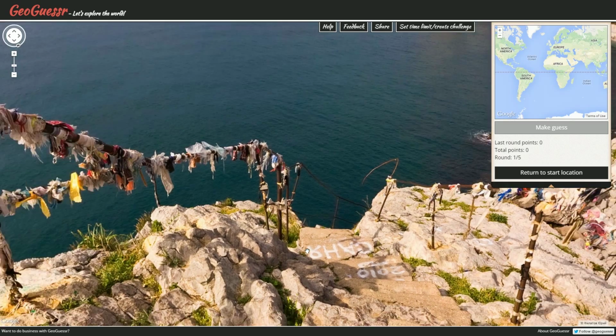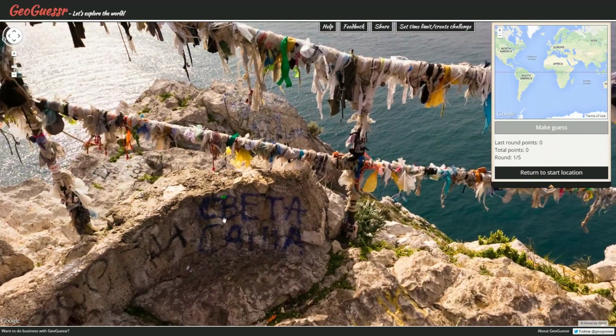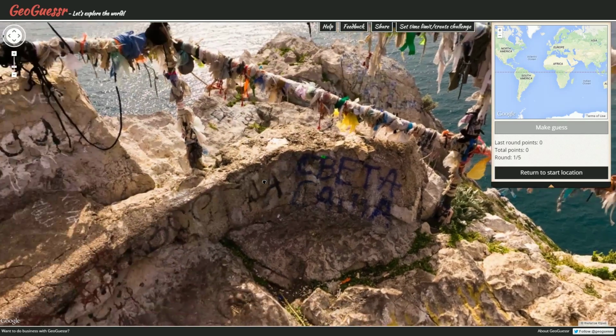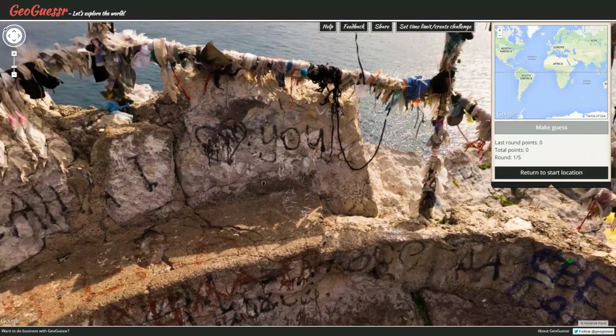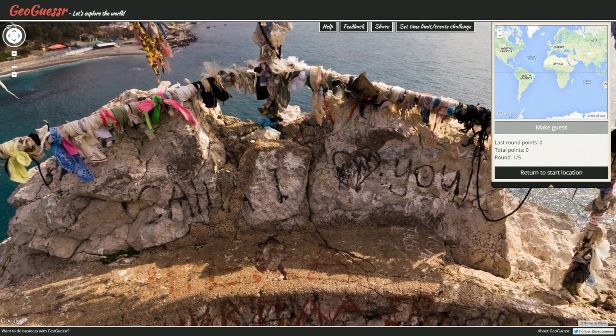This is a backwards R, I think. I hope. And, yeah, I mean, this looks about right. Can we see much more graffiti? It says U. I don't know, that's cool. But we don't have that. And if we look down over here...